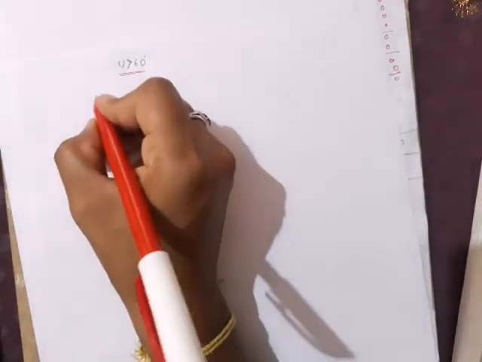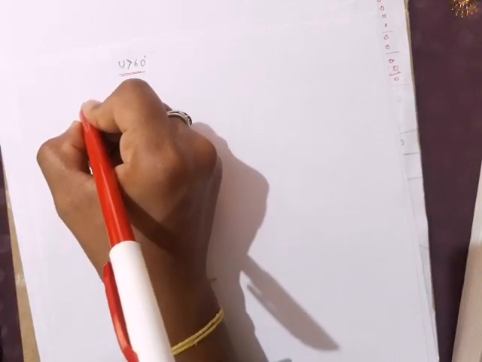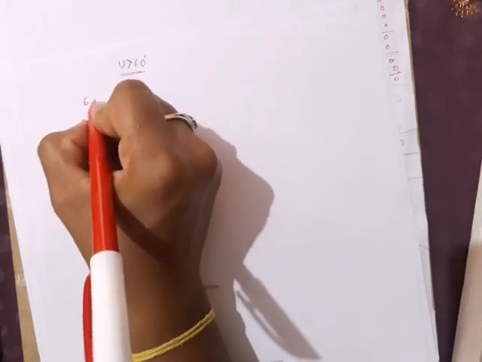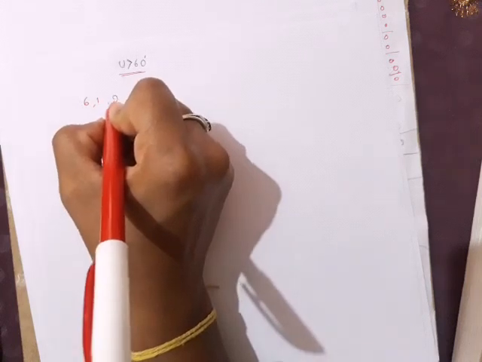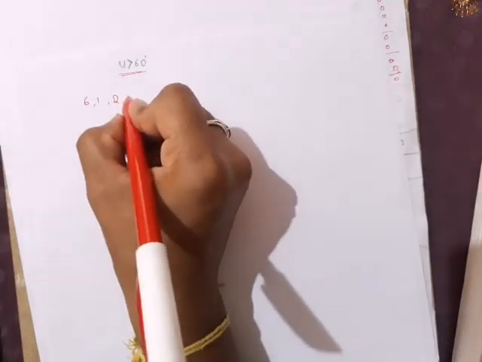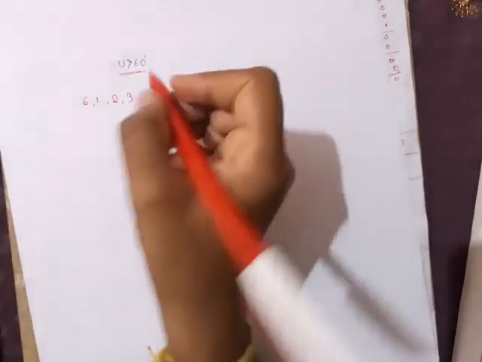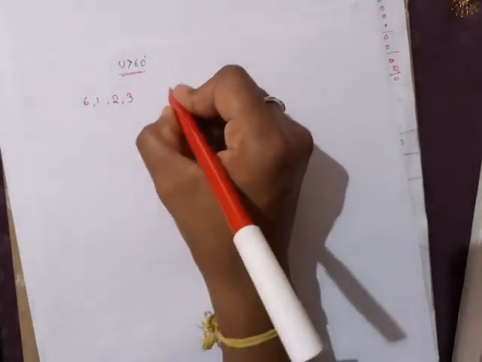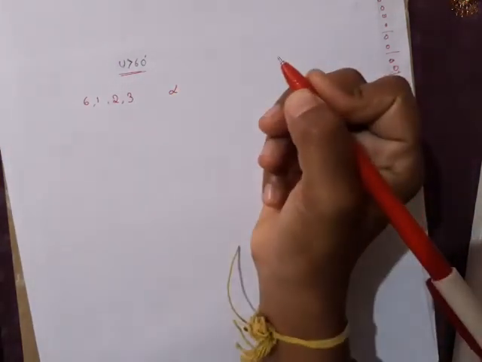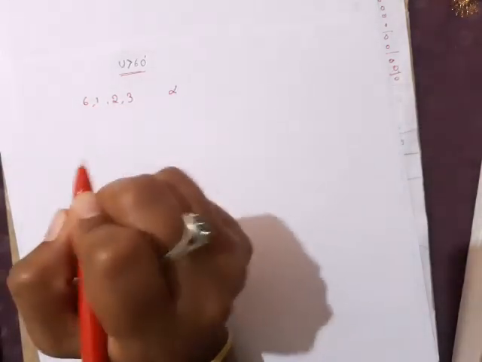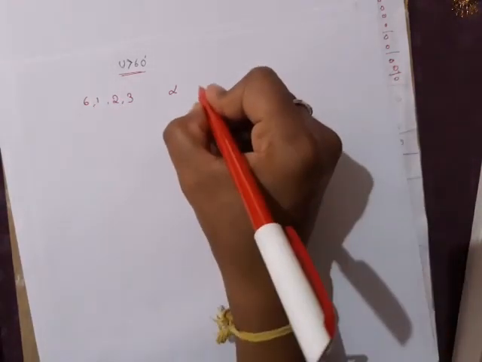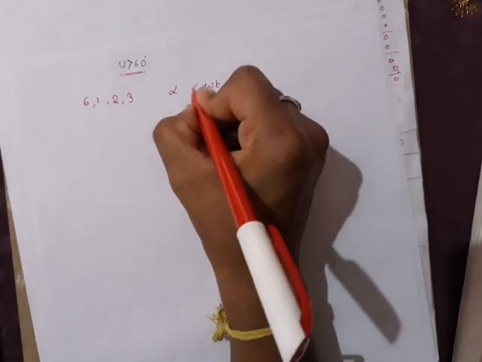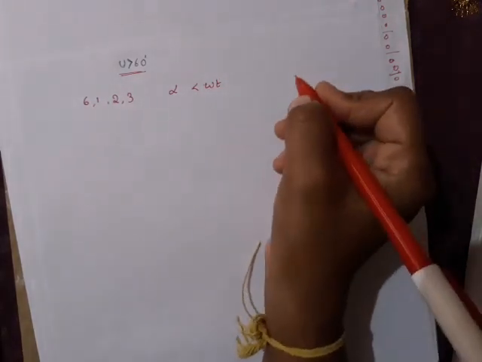So what is the sequence? We have taken valve number 3 as a reference, so that 6, 1, 2 are conducting. Valve number 3 comes into conduction at the firing angle alpha. And 4 valves were conducting from alpha to, you have already seen in the waveform.